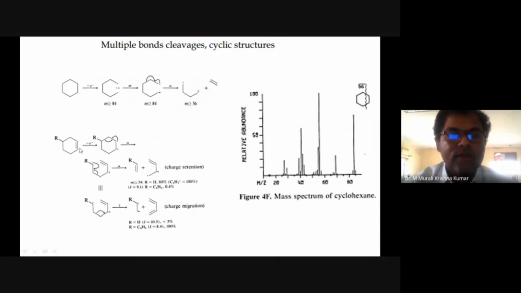So when we have a double bond, cyclohexene, in case of retro-Diels-Alder reaction, what will happen? Usually in case of Diels-Alder reaction, it works like this. We have this. So it goes like this. So thereby